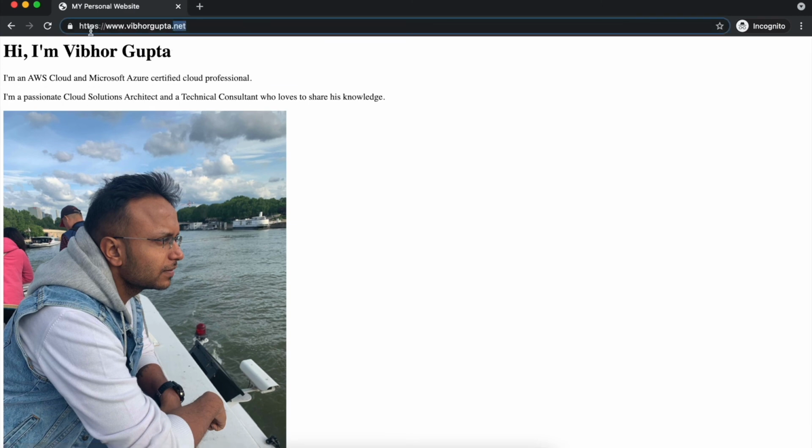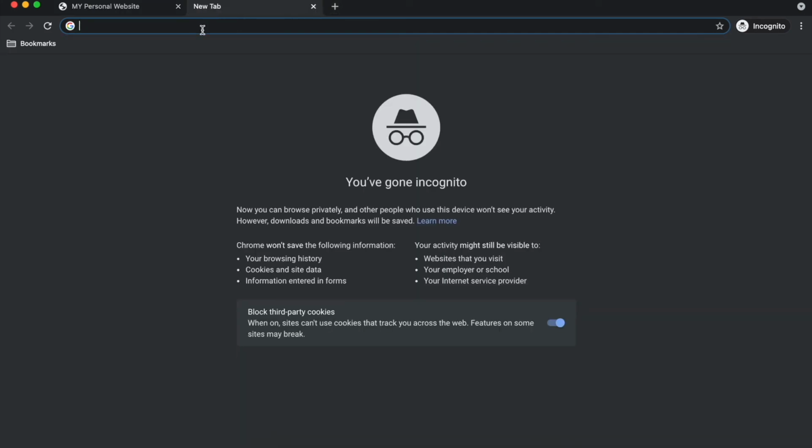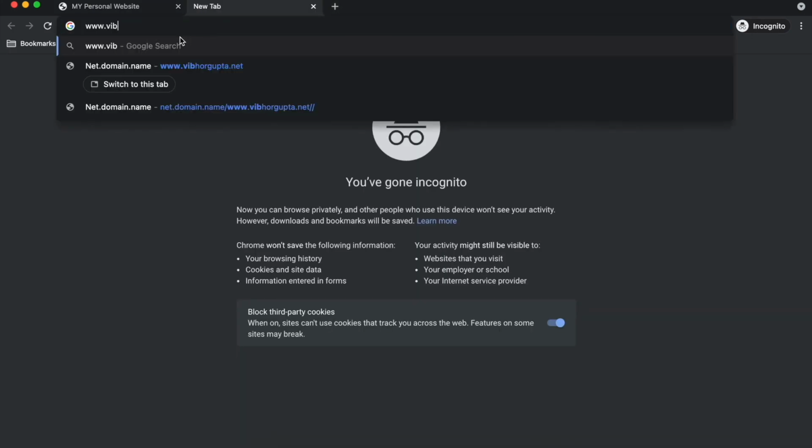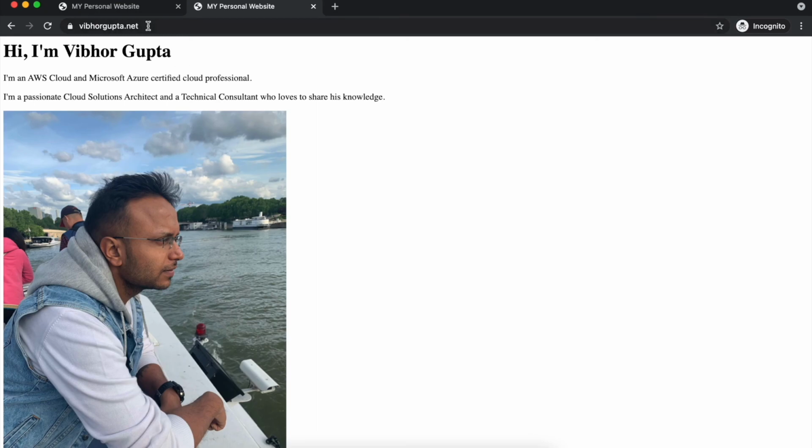And if I click over here, I can see SSL certificate is still active and my non-www URL is redirected to www URL. Now let us try opening the www URL of our website. So it is also working. Now our bucket can only be accessed via CloudFront and can't be directly accessed via S3 URL or endpoint.